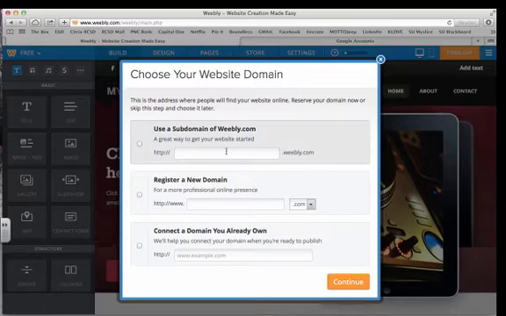Now it's going to want you to name your website. So this is something that I don't believe you can change, but you can always create a new site and delete this one or hide this one if you no longer want it present, like in the future. But for class, we're going to click this first dot here, and what I'd like you to do is put in your first and last name,